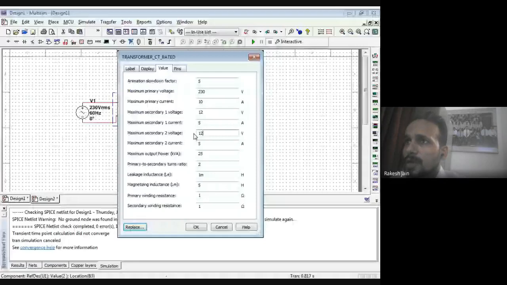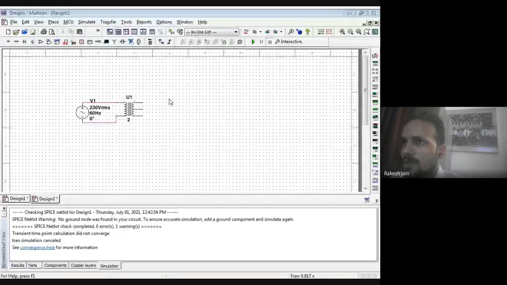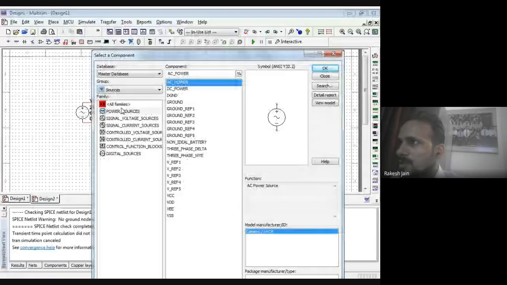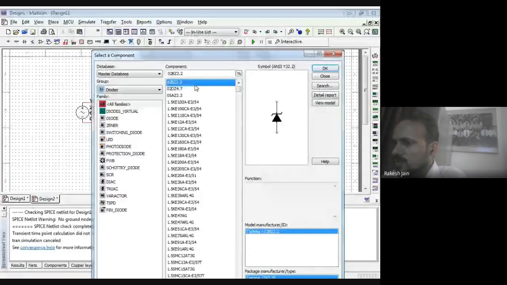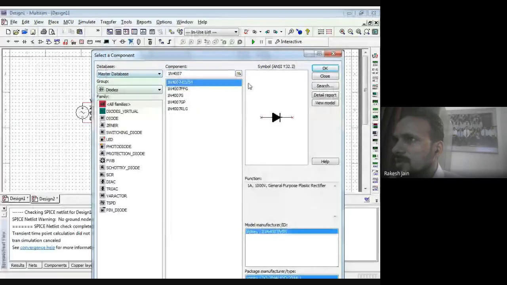So we require two diodes over here. That's why we go to the source, go to the diodes. 1N4007 I require, that's why the 1N4007 diode we require. So 1N4007 diodes, two diodes I require.